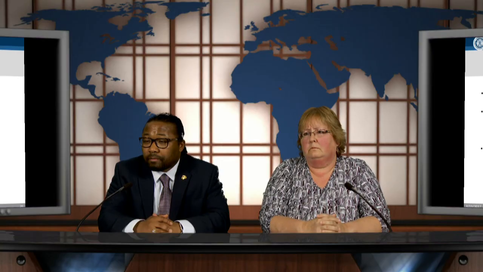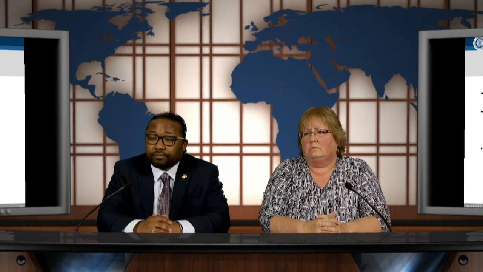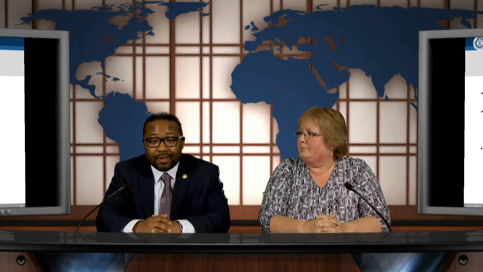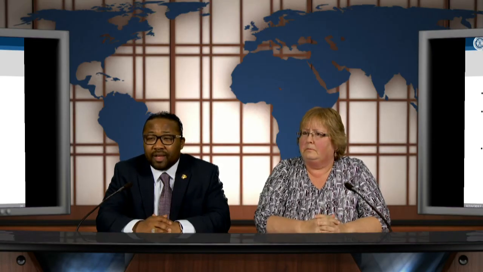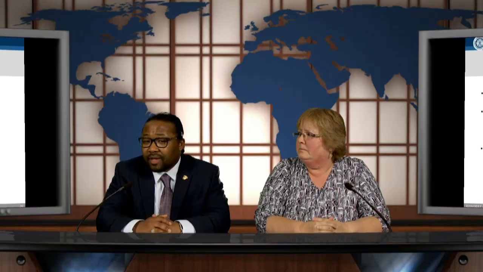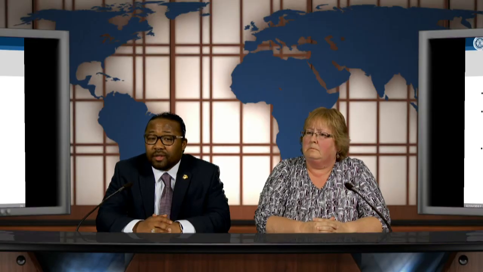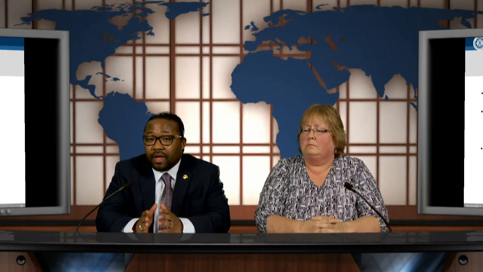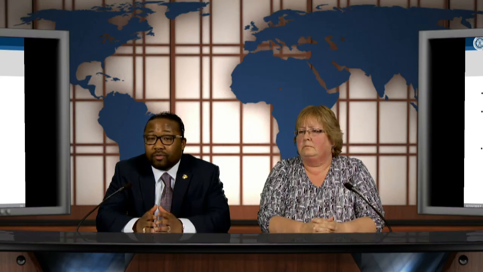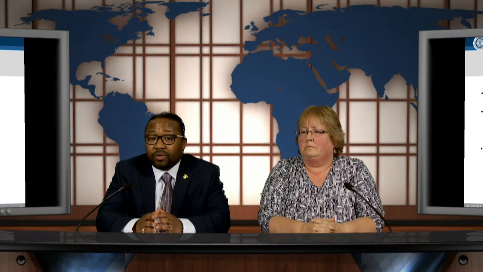Is that correct? From a claims side, I don't believe that is correct. If they are approved for disability, even if they've been out on leave without pay, once the benefit is calculated, the claims office will give them the option to reinstate their health benefits back to their last day of pay.